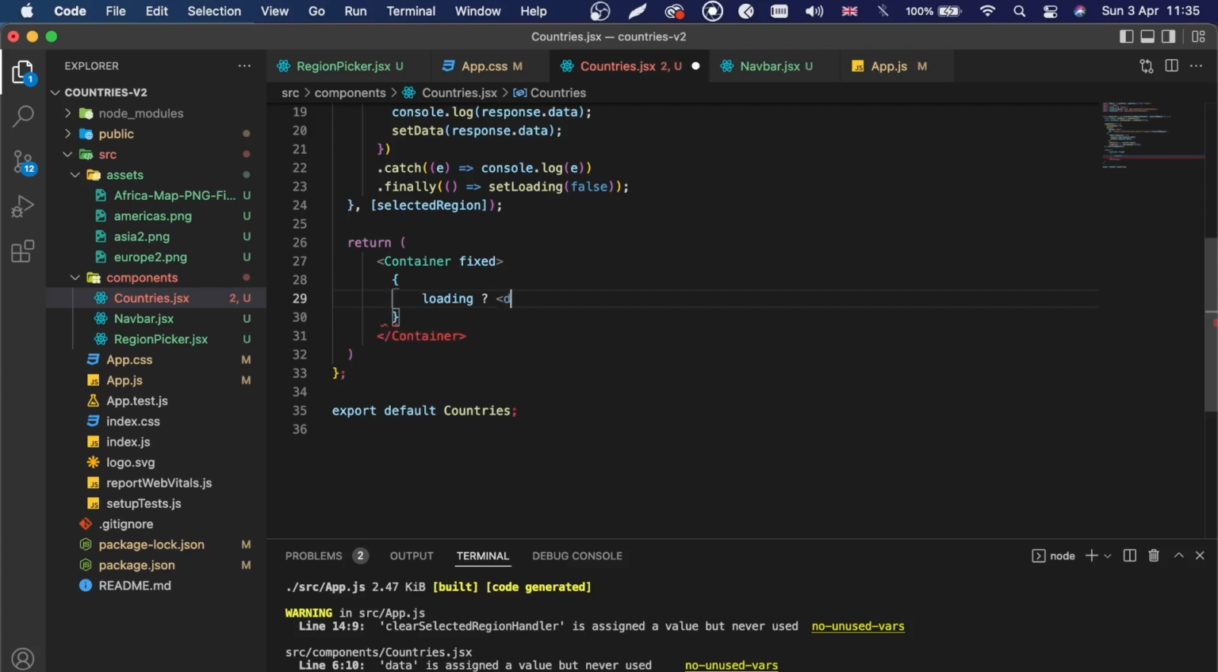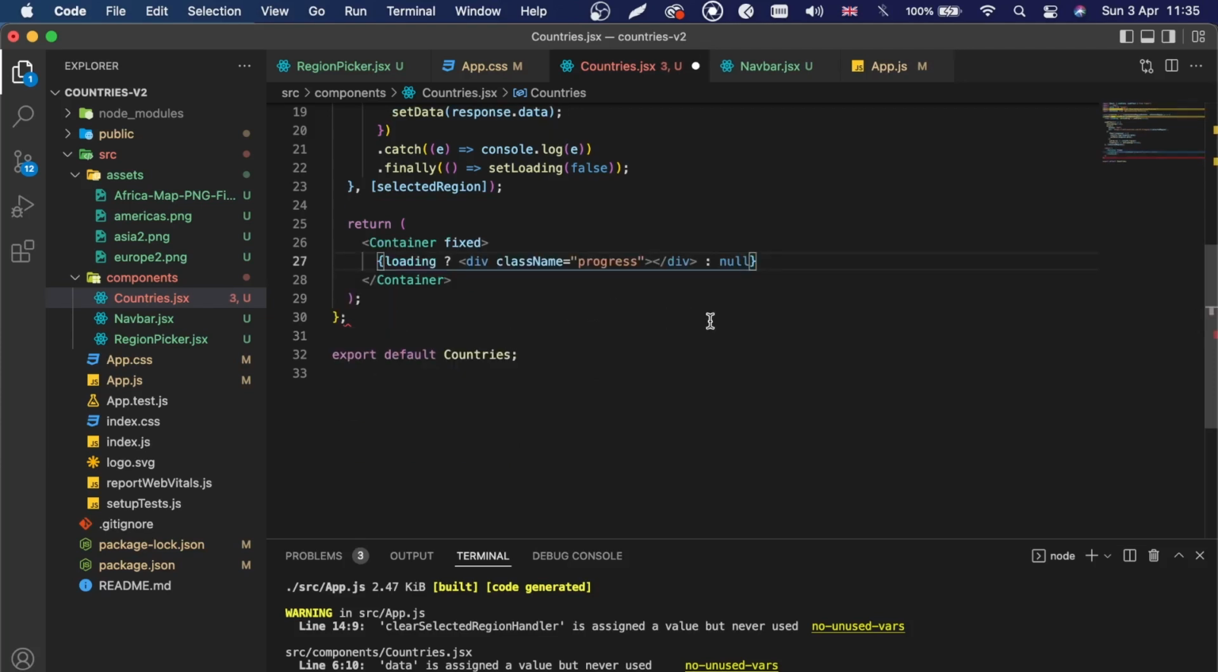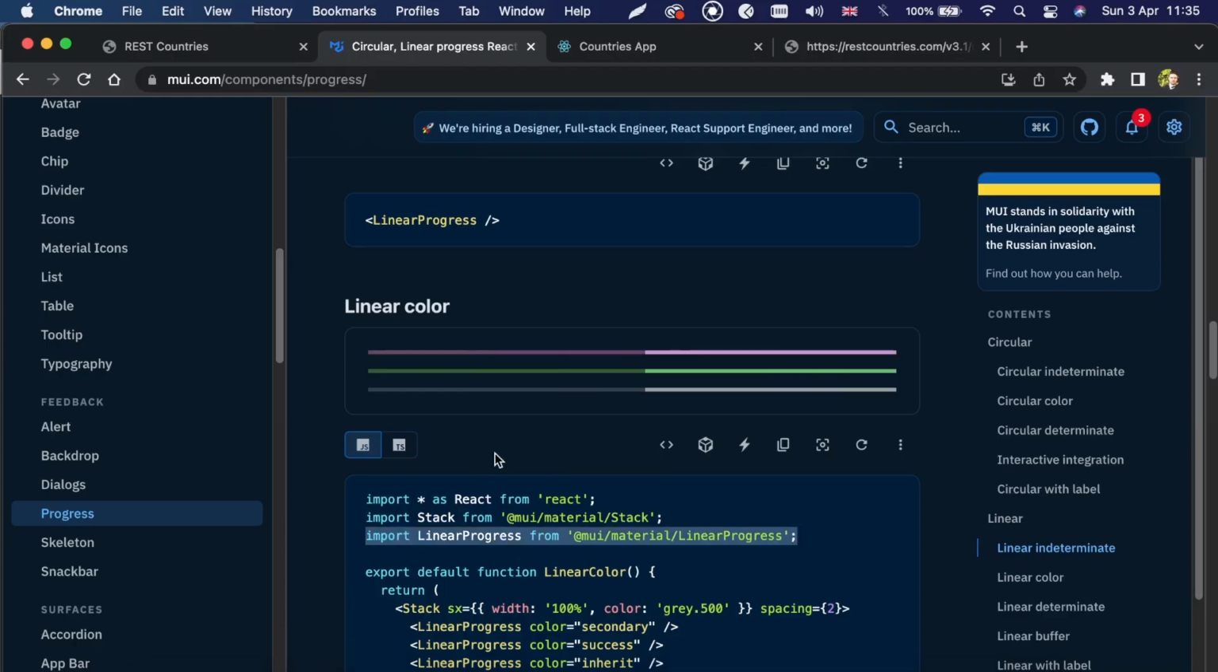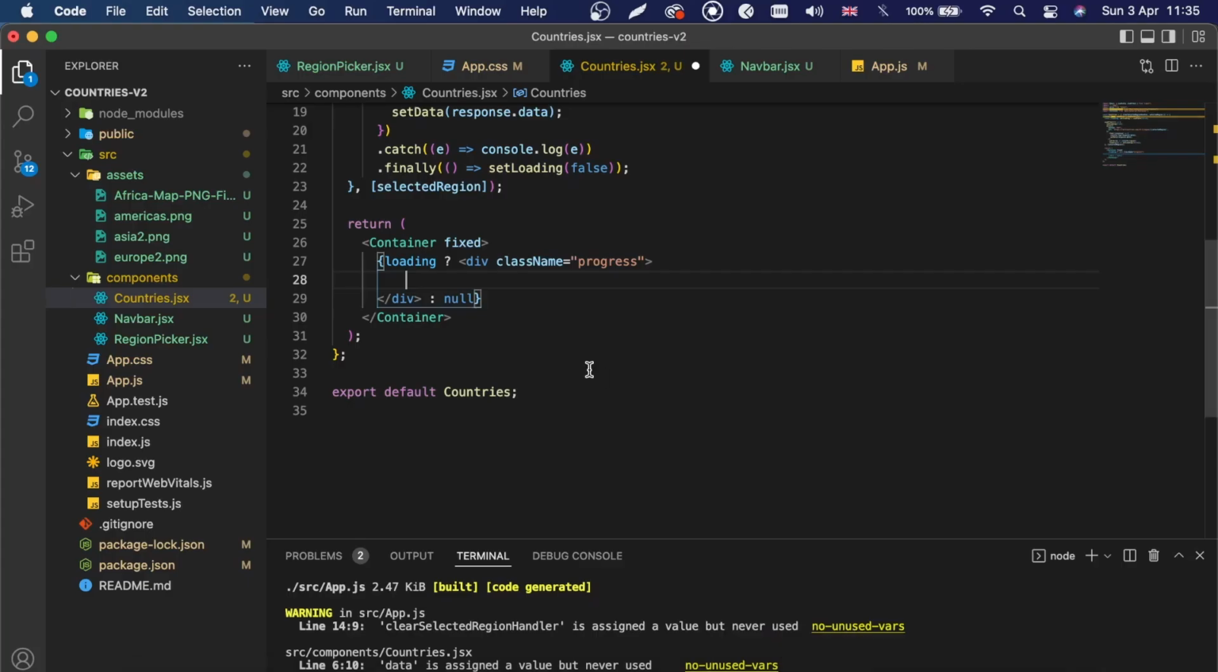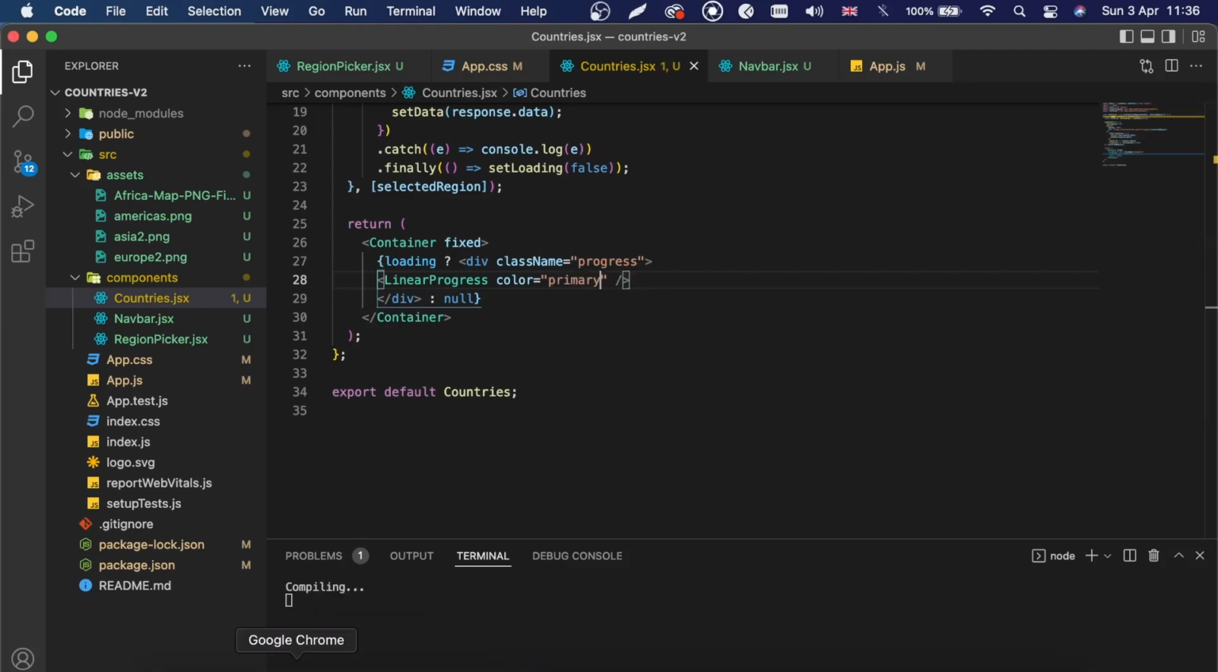if it's loading, I want to show a div with the class name of progress. And inside this progress, else we will show something else. But inside this div with the class name of progress, I'm gonna use this, and I'm gonna say linear progress, and that's gonna be a color of primary. It's gonna be blue. Okay, so I'm gonna say primary, and now I'm gonna save this file and go back,